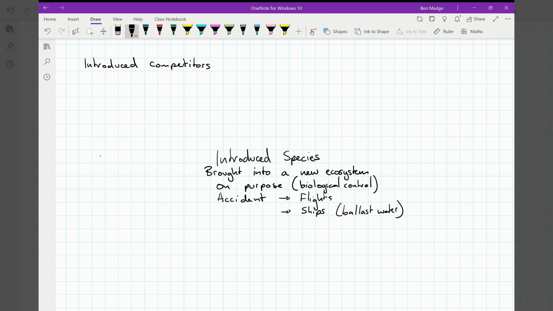So these are species that can outcompete a native or endemic species. And the examples are things like grey squirrels,